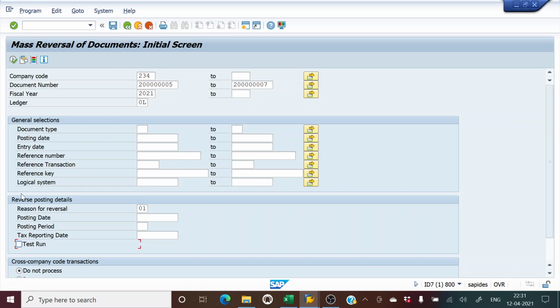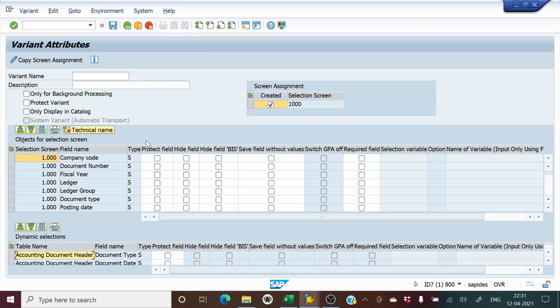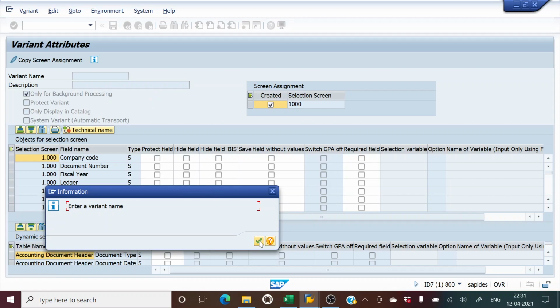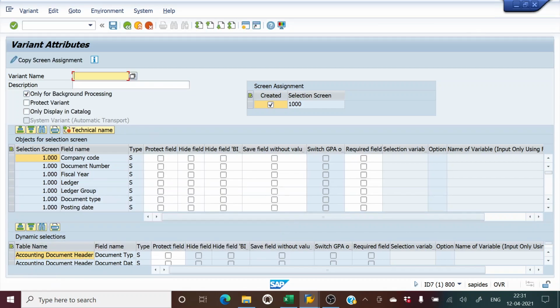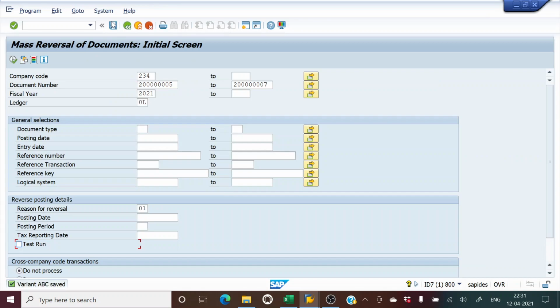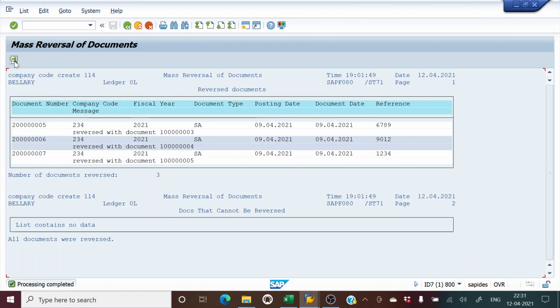So we will post this document. So you see the documents have been reversed.